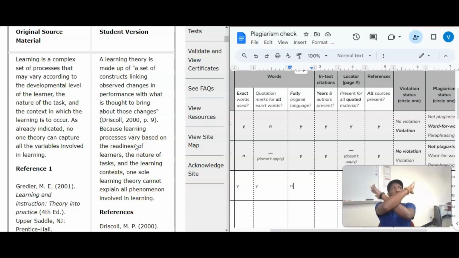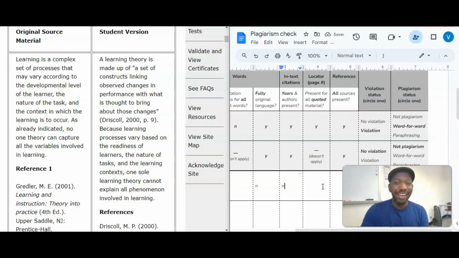No. Ooh, that is a violation. So we're going to put an N for no. And then the next column, locator. So basically page number. This is only applicable for when you're using quotes. So for this one quote that we have, do we have a page number to help us locate where it's going to be? Yes.